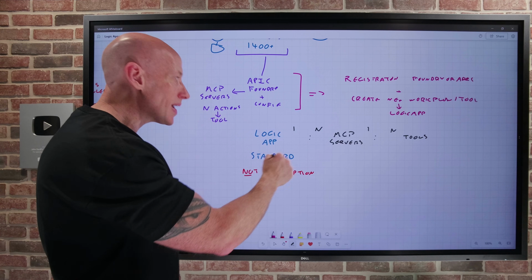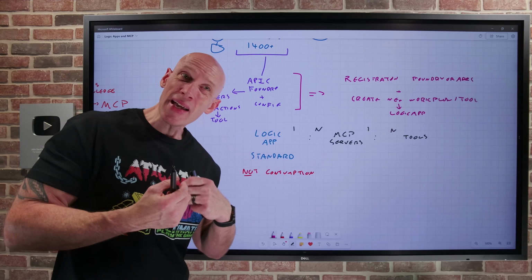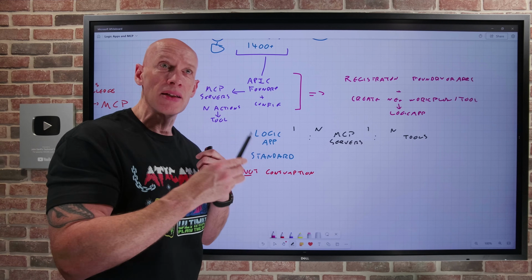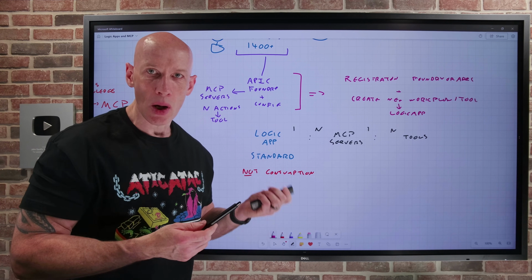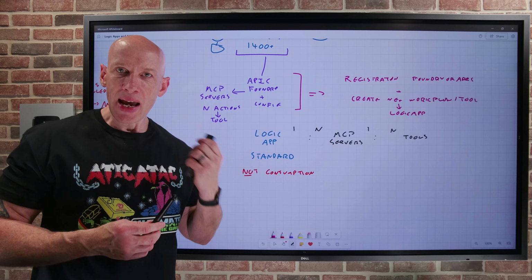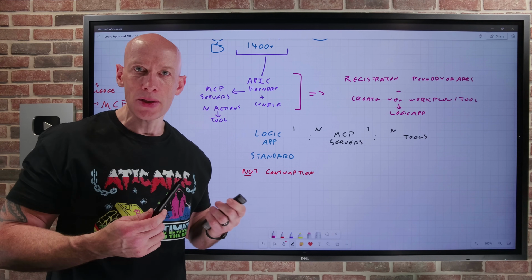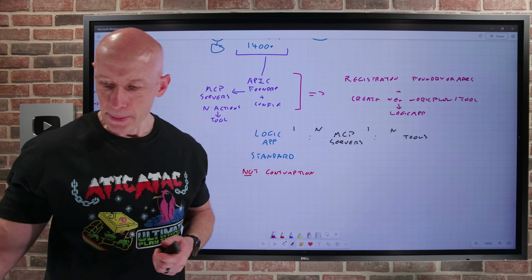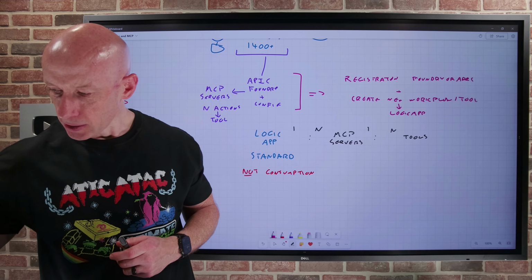From Foundry, it would just use that same logic app. If I was doing API Center, I would create my own logic app standard, and I get to pick, hey, which one do I want to use? So I have all of those different configurations just available for me. Now, if we jump back over for a second,